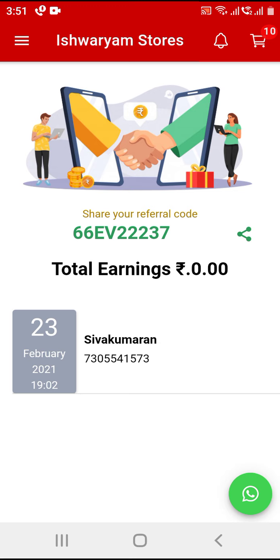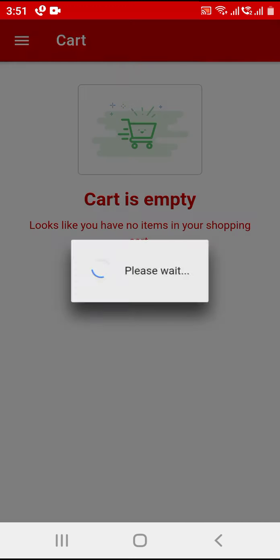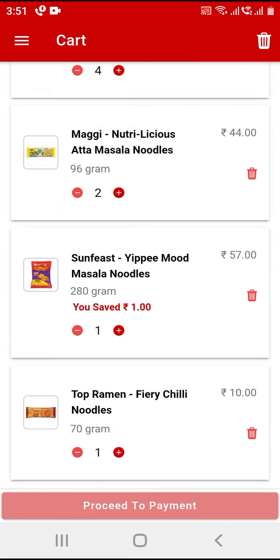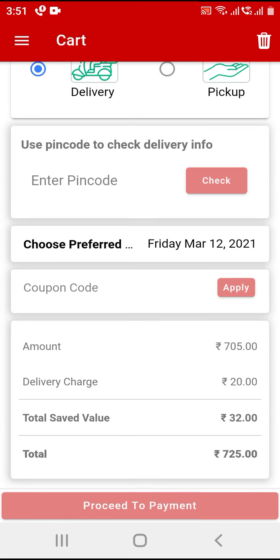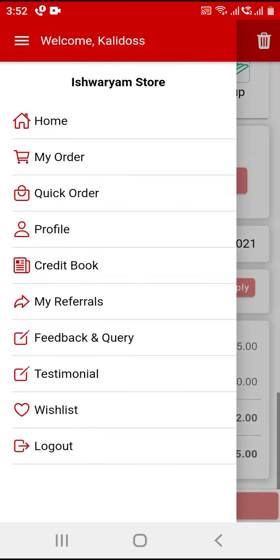If you go to the cart, it is very easy to make a purchase. Once the cart comes in, you can scroll down and see the pin code, and then choose the delivery period, so I can get it delivered when I want. If you have coupon codes, you can generate a coupon code and give it to the customer. The customer can avail the coupon code, then proceed to payment. After the payment succeeds, the order confirmation message will come.